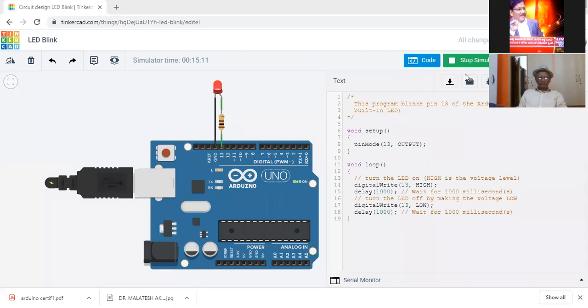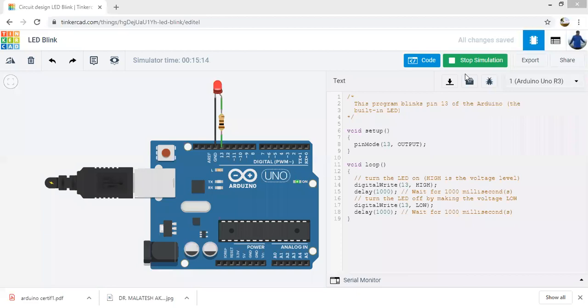Now we can change the variation in the speed. Like I'll increase the delay, so the speed will decrease. I'll stop the simulation.